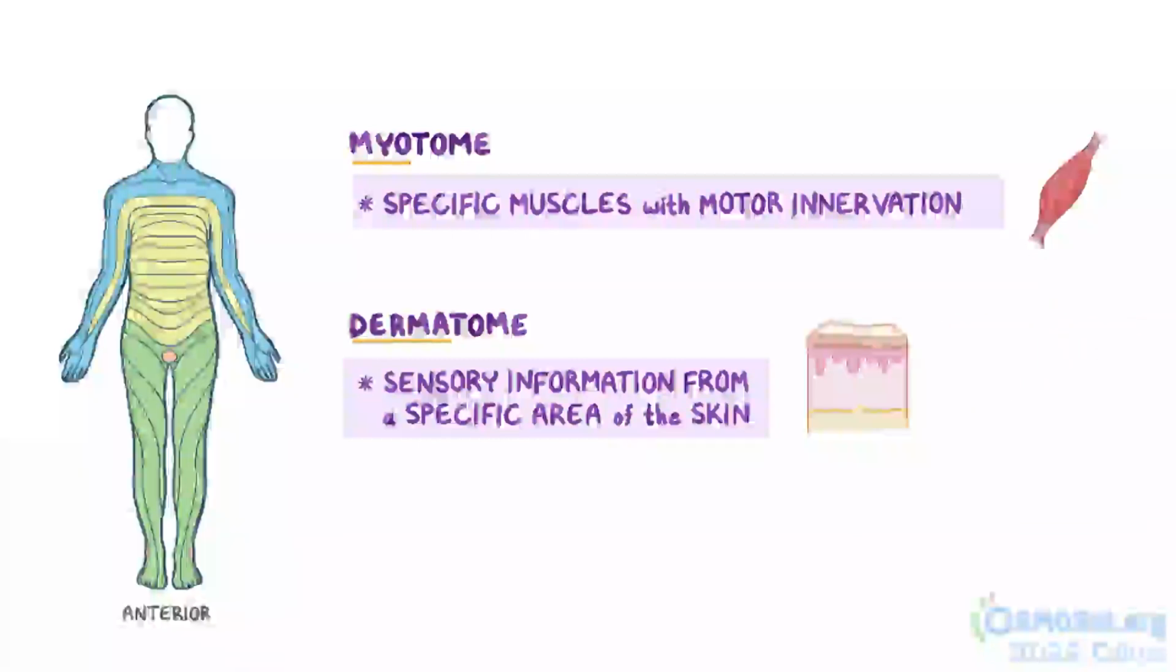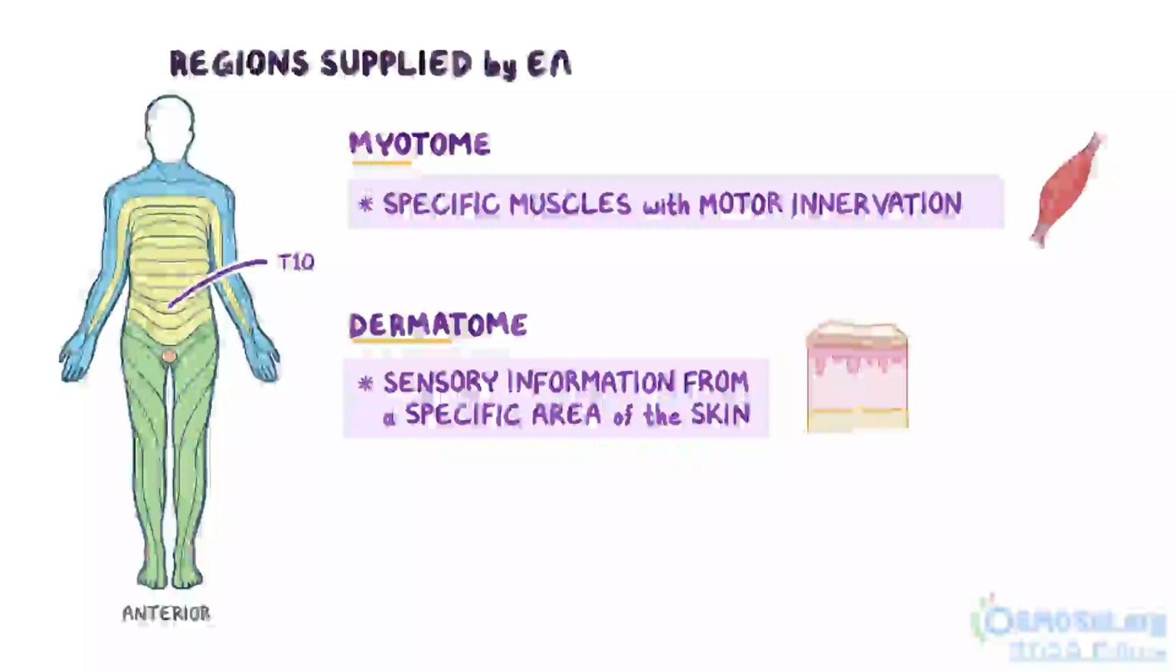Now, each dermatome and myotome is labeled with a letter and number that corresponds to its associated spinal nerve. For example, the skin around the umbilicus or belly button is innervated by the T10 spinal nerve, so we call this area the T10 dermatome. We often use these colorful dermatome maps to help visualize the specific regions that are supplied by each pair of